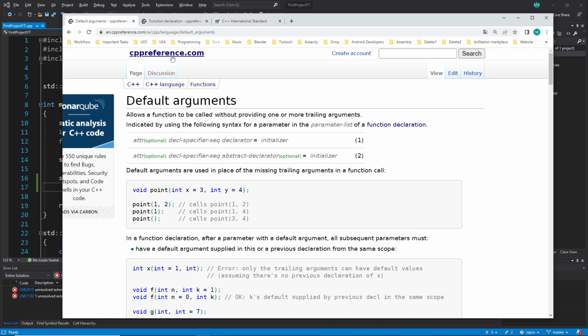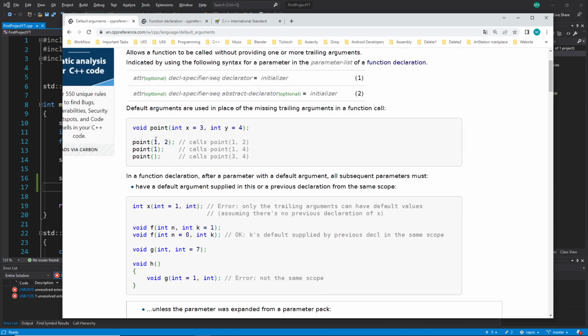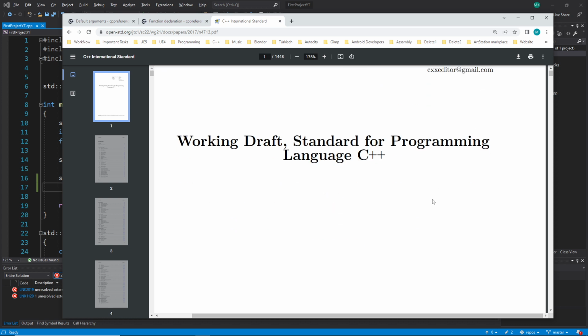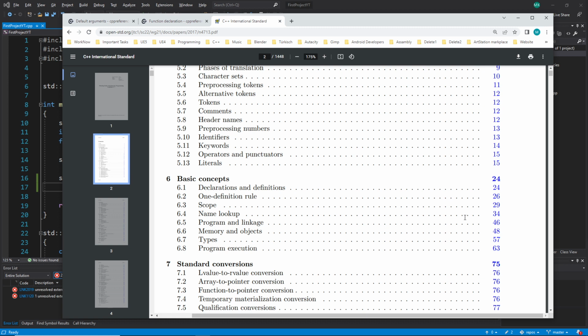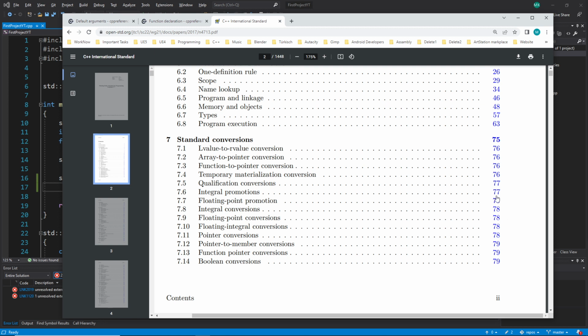But this site, cppreference, is very popular and they almost take things from the papers. Papers here means the original C++ documentation. I don't have the original one, but I found one here. It's actually a very old one, you can see the date. A paper looks like this and it's very formal, so it's also not meant for beginners, but of course you can try to understand it. Don't go there at the start; later, after you have the basics, try this.